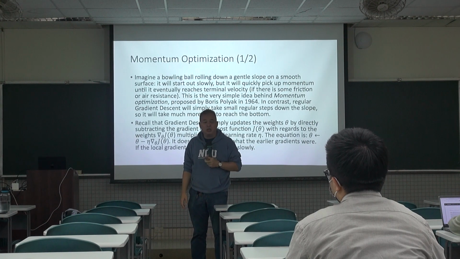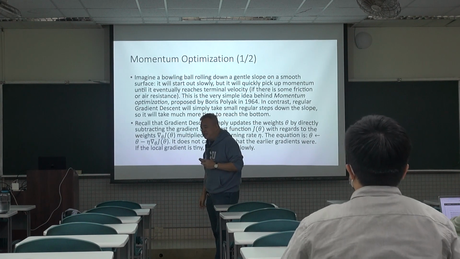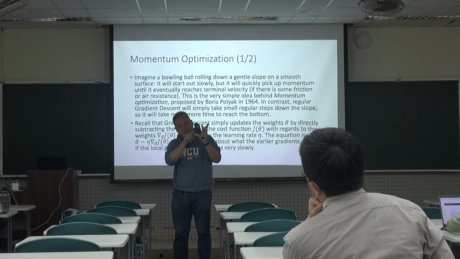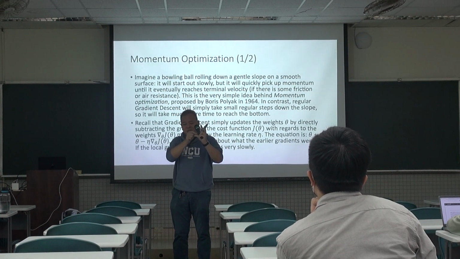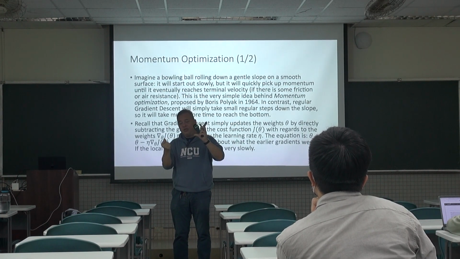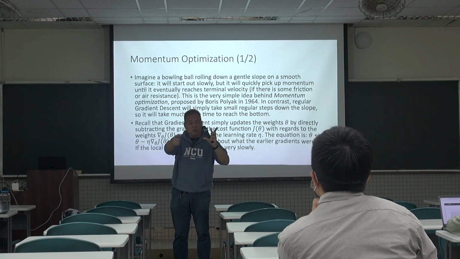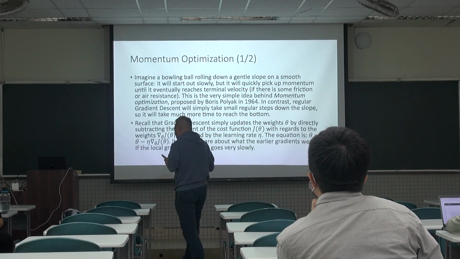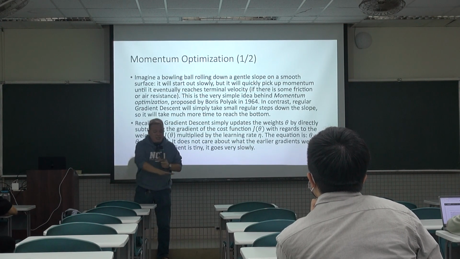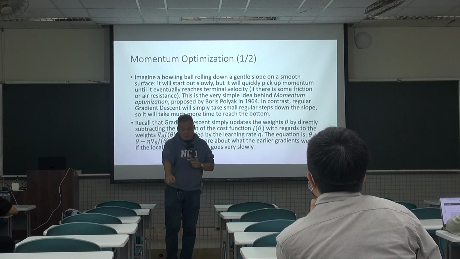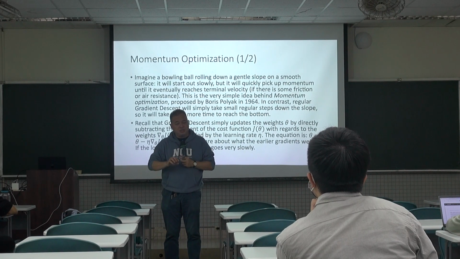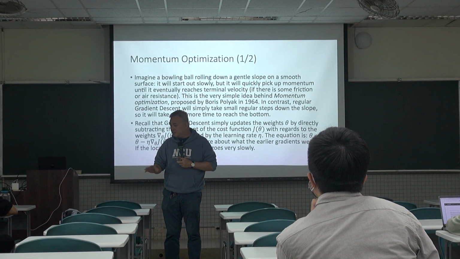Basically gradient descent pretty much represents that you're trying to advance to the lower position in the cost function. So think about this: if you have an uneven surface and you put a ball on the ground, the ball is going to roll toward the lower location, right? And actually it's going to, if